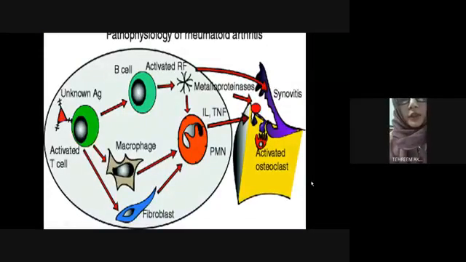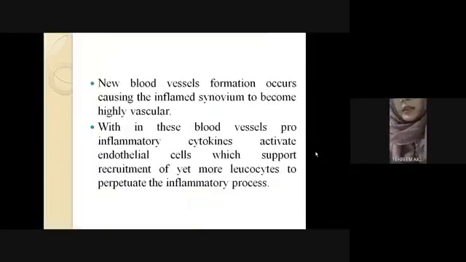Here you can see the pathophysiology of rheumatoid arthritis, in which unknown antibodies are made, changing the antigen form, due to which the body acts as if it is foreign material. Therefore, it activates B cells and macrophages, due to which IL and TNF are activated, and it causes osteoclast activity. Bone and cartilage erosion also start here, and synovitis is also present. Ma'am, next.